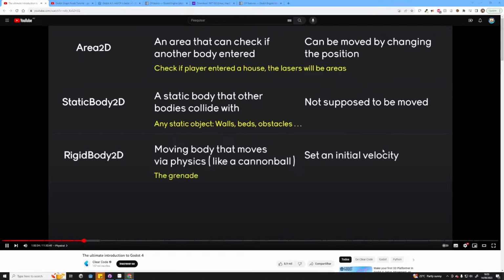Next up, we have a RigidBody2D. This is a body that moves purely via physical forces. Think of it like a cannonball. If you want to move them, all you have to do is set a velocity when you create them, and then the body is going to move on its own. We are not going to use this very much, but when we're going to create the grenade later on,